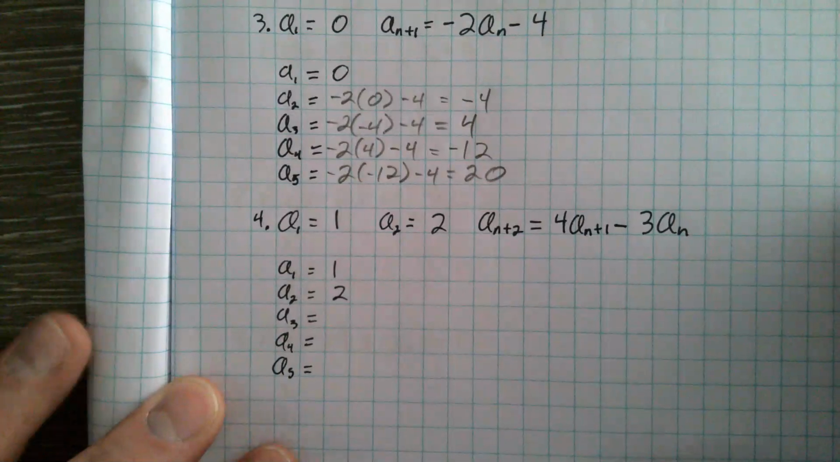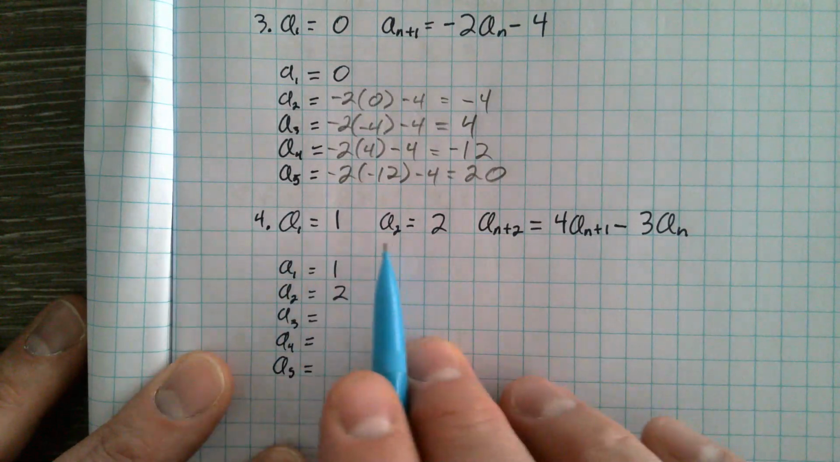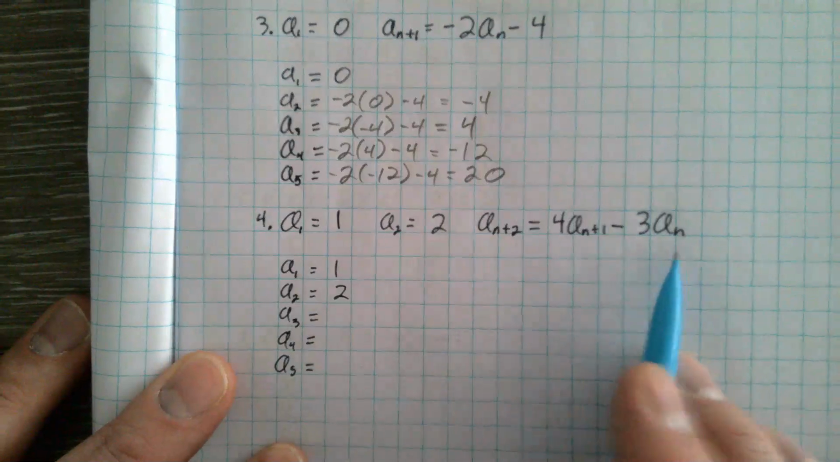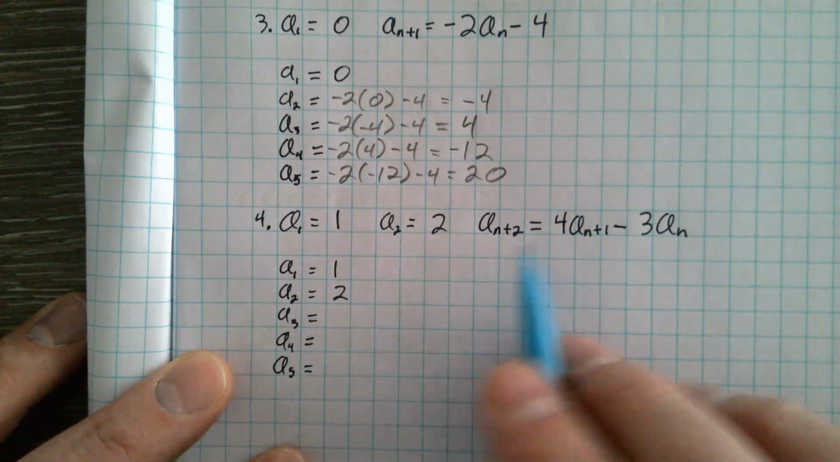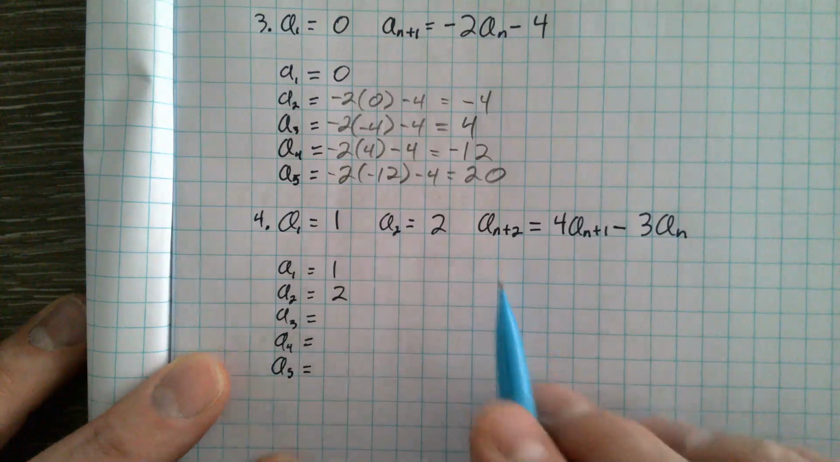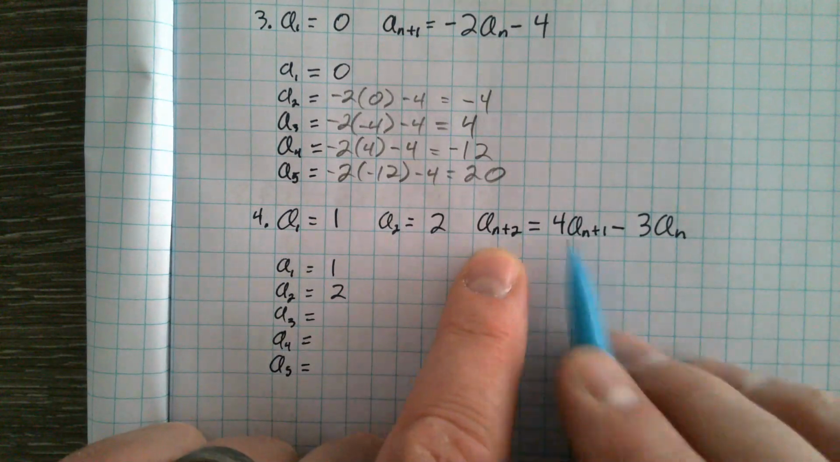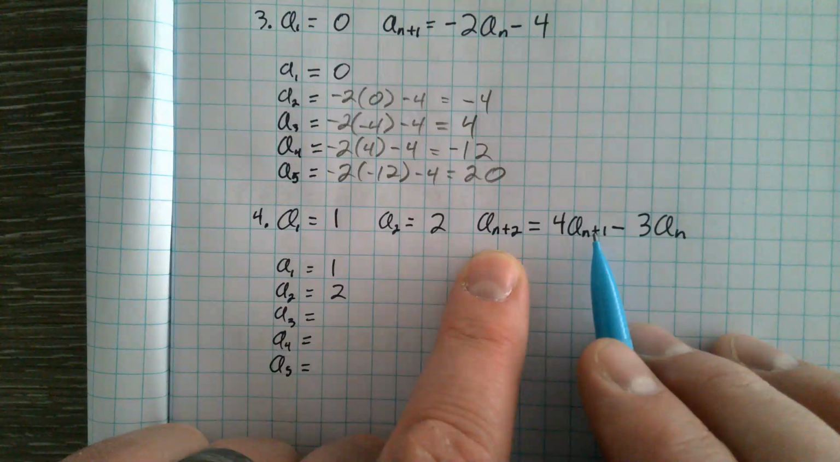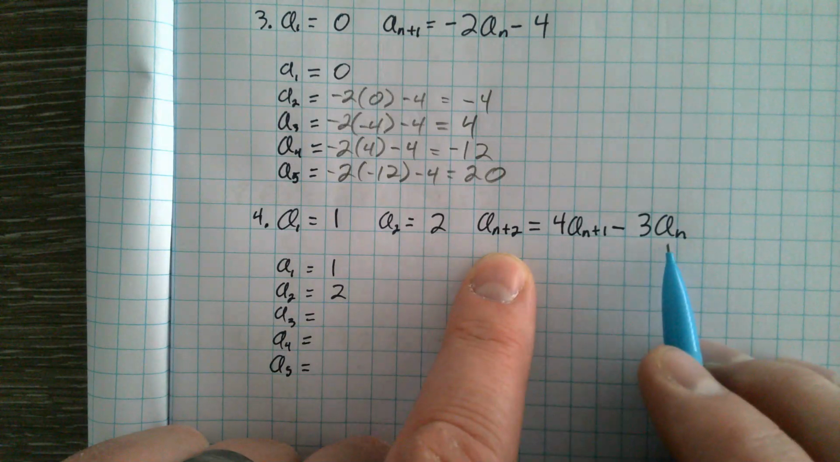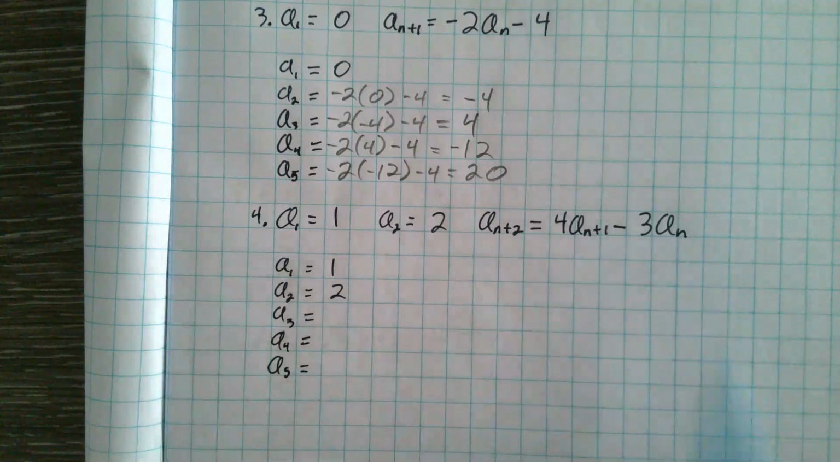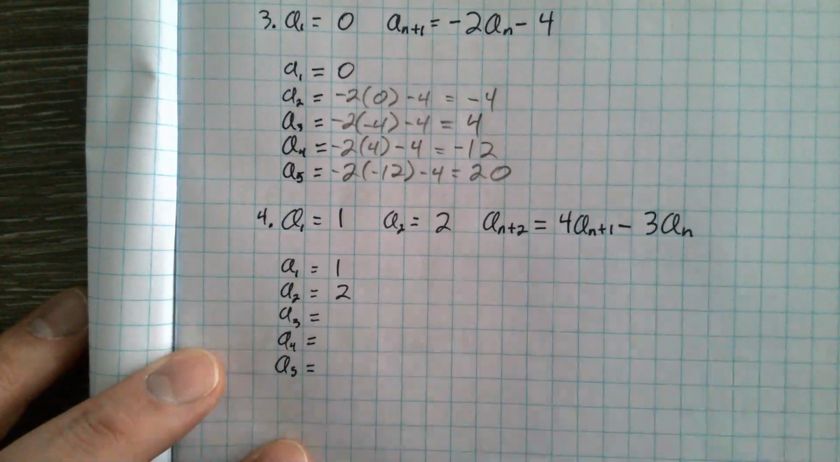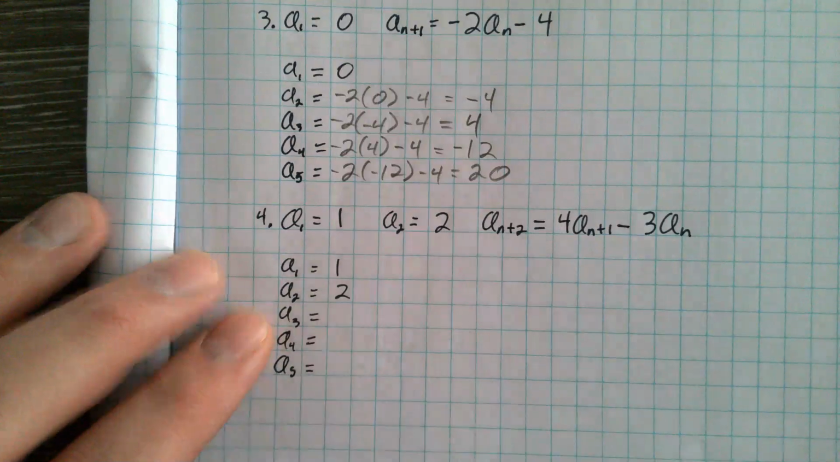All right. We have our first value, our second value, and then we have our recursive formula here where, for a term, we take the previous term and multiply it by 4, and then we take the second previous term and multiply it by 3, and we subtract. Okay, so here A3,